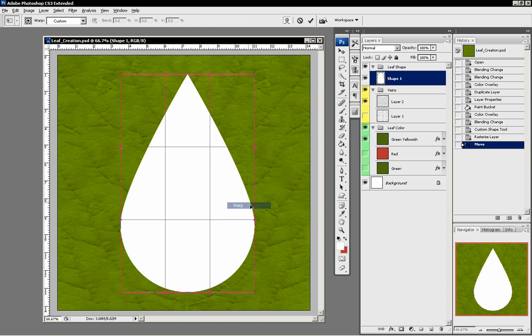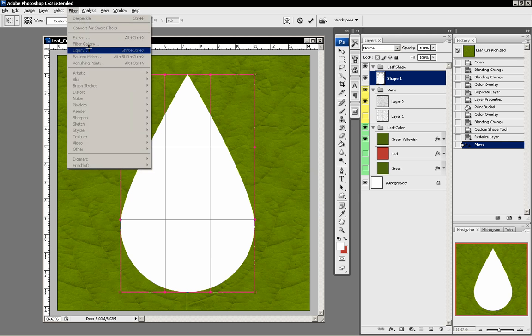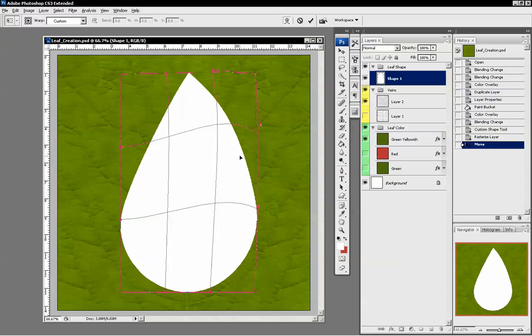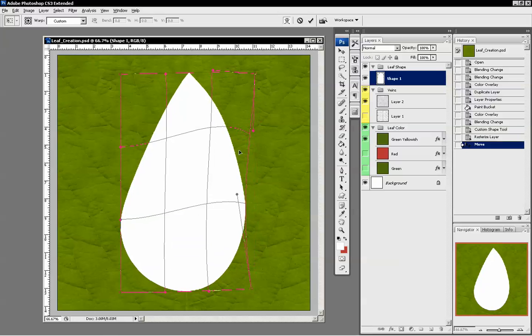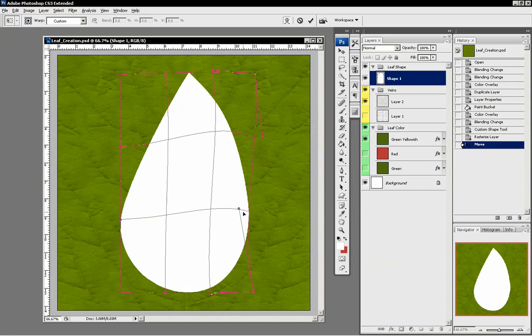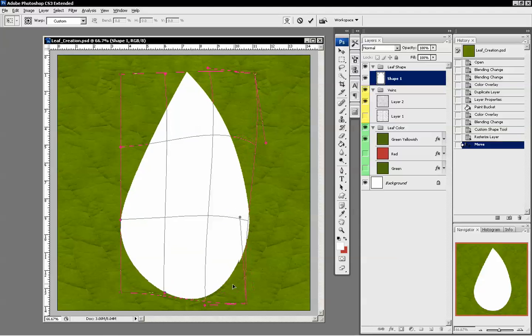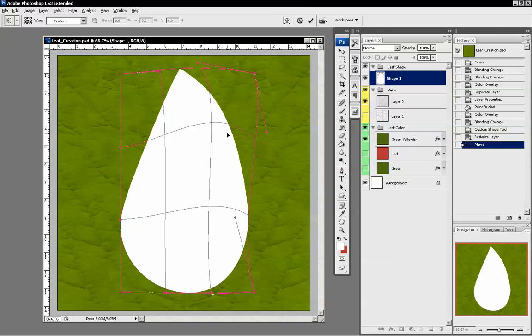going to select Warp. Now, if you're using a previous version of Photoshop that doesn't have the Warp tool, there are other ways you can modify your leaf. You can go up to Filter and select Liquify, which is also another good way to customize and adjust these different shapes. You can also draw out your own paths, and really any way you like to work around in Photoshop, you can use these methods just to create some custom leaves for your template file. So I'm just going to pull these areas out just a little,